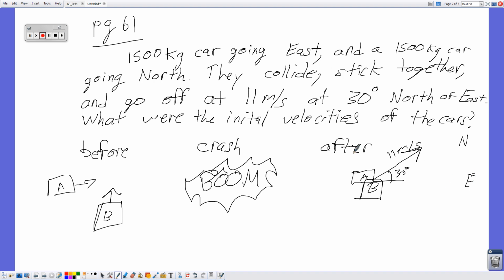All right, you have the problem. You have a sort of idea of what's going on. Let's figure out what's important. Let's see, we got two masses. We got one going east, one going north, as shown in the picture. They collide and stick together, that's important. Then afterwards they're going 11 meters per second at 30 degrees north of east. What were the initial velocities of the cars? Oh. Huh. Well,